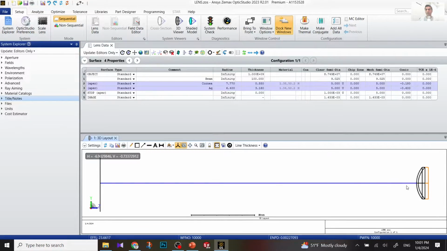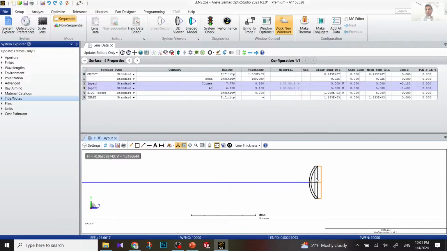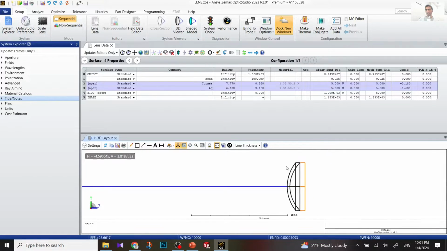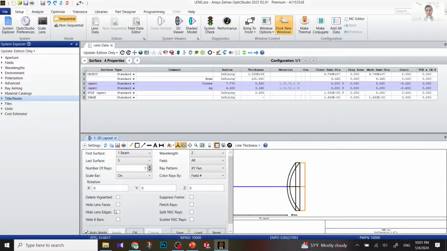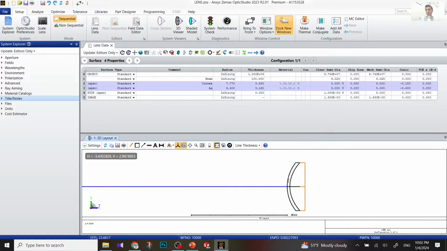me double click here. Yeah, we have 10 millimeter from here to there. By clicking on the middle mouse, you can move. But the way that it's showing, I don't like it, because I can see the edge of the lens. You can click on settings and then hide lens edge. So click OK. So right now, pretty nice. This is the first surface of the cornea, second surface of the cornea, the liquid in between, and now we're